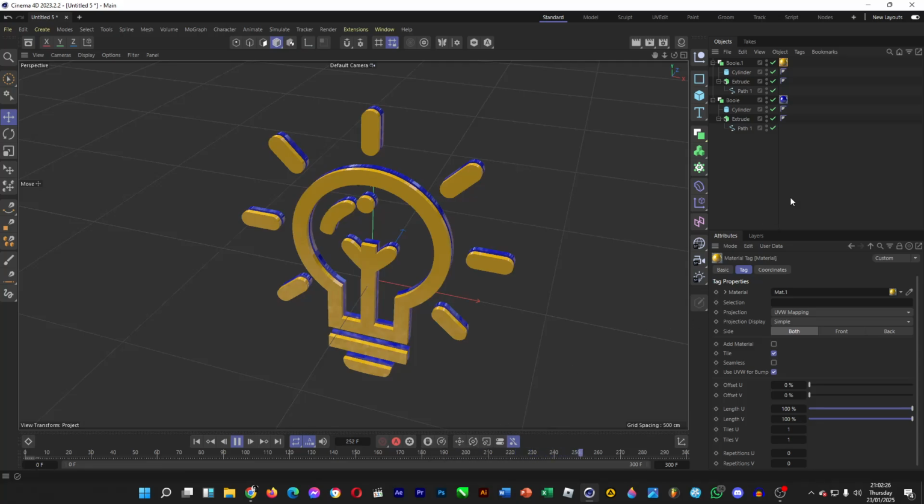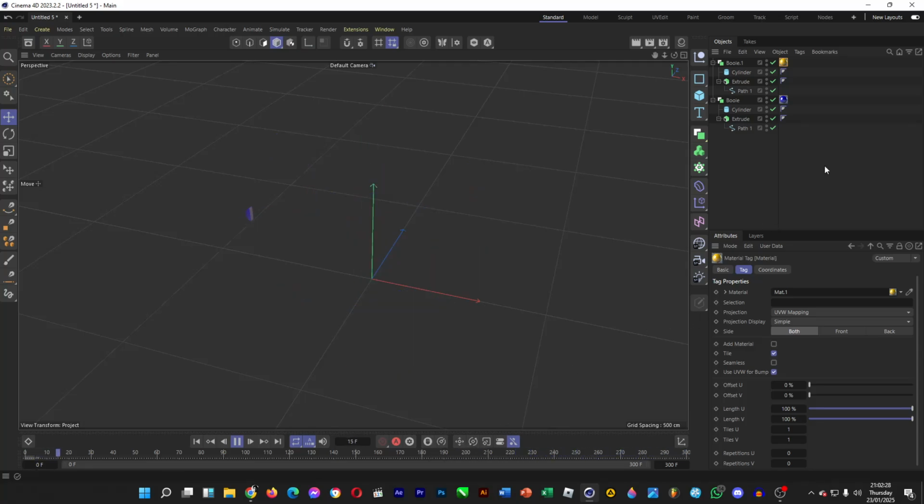That's how you can create this fancy logo animation using the intersection between a circular object and a 3D logo,